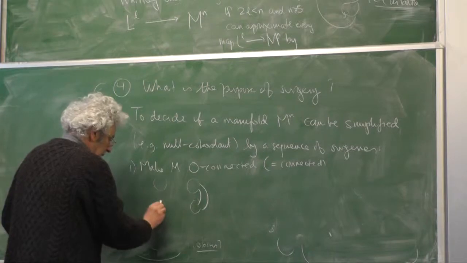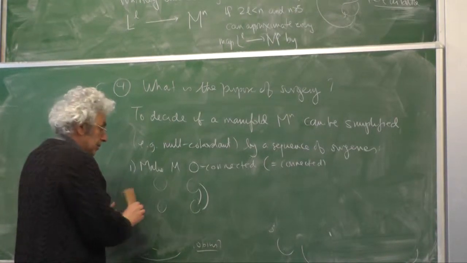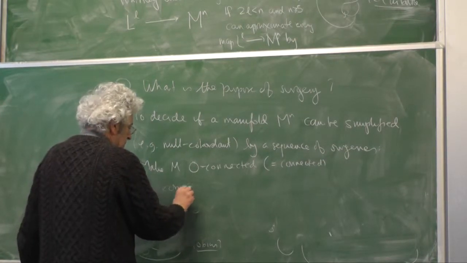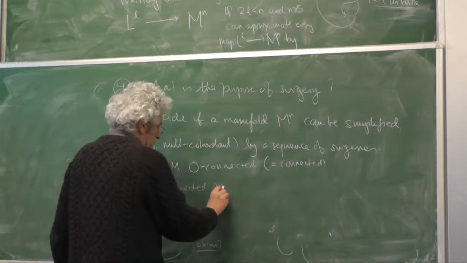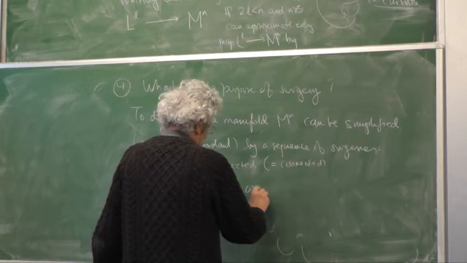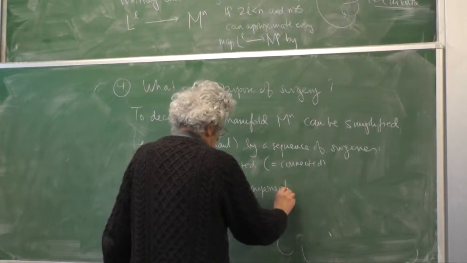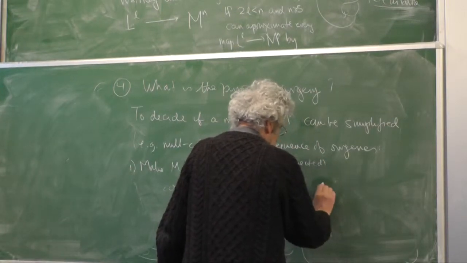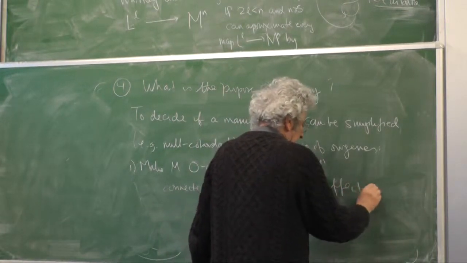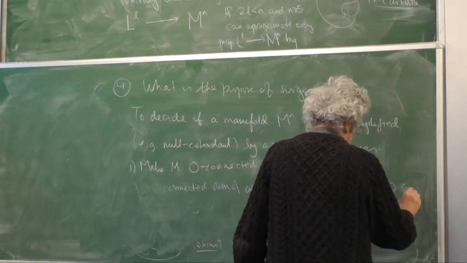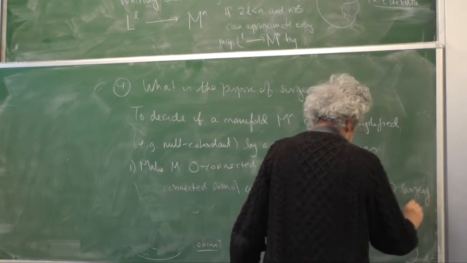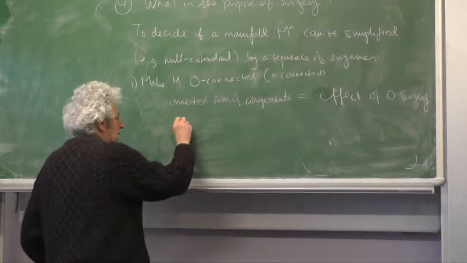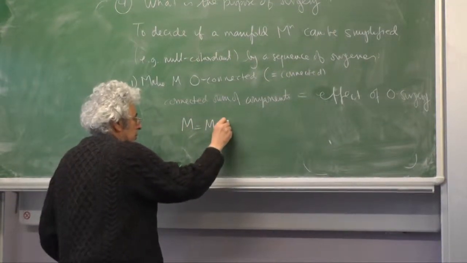So for adding tubes, making connected sum, I should say, connected sum of components equals zero surgery, the effect of zero surgery. So supposing, just slow down a bit, supposing M was disconnected with two components,